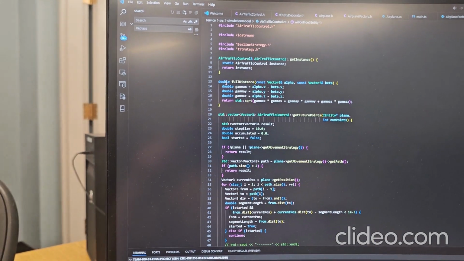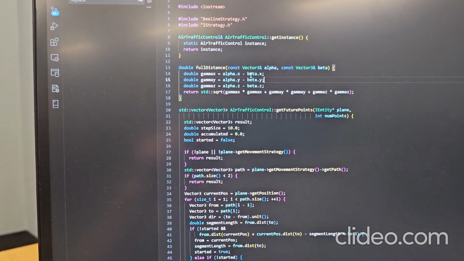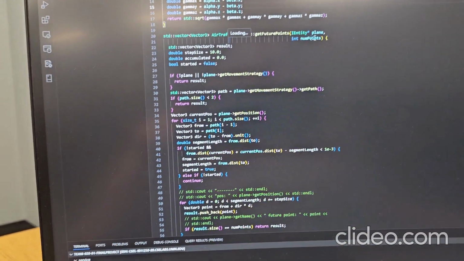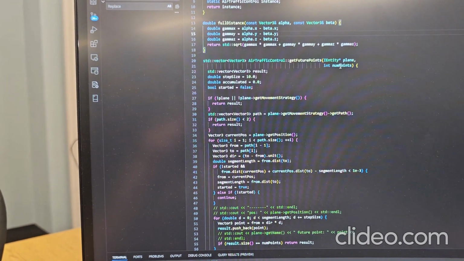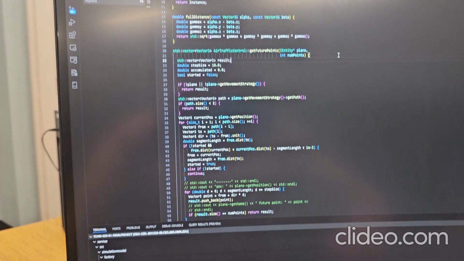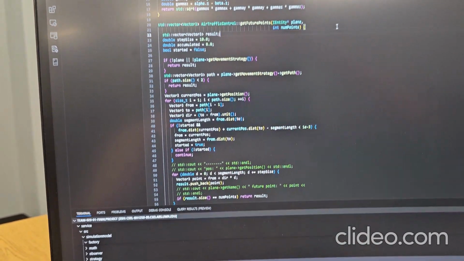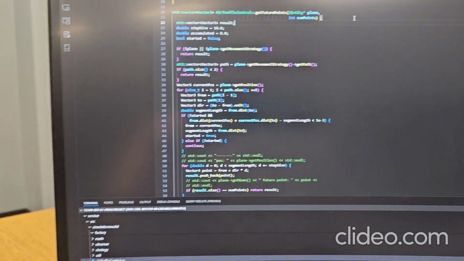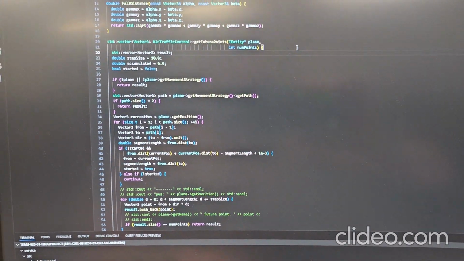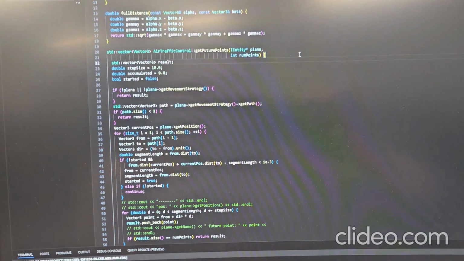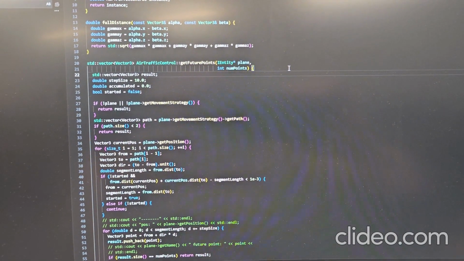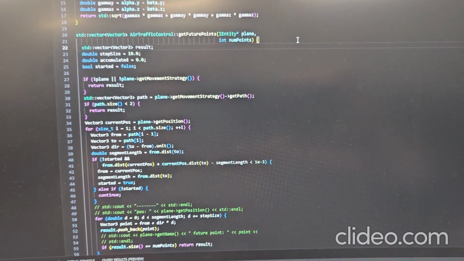Let's see, so this has a function called full distance, which just gets the distance between two vectors. Then it has this function called get future points, which takes in an entity and a number, and it gets back a few points ahead of where the entity will be in the future based on its path strategy. The reason I implemented this one is because I wanted to see when they would collide in the future. I didn't just want to take the current distance between the two airplanes. That's so that I can just have one of the planes reroute instead of having both of them,